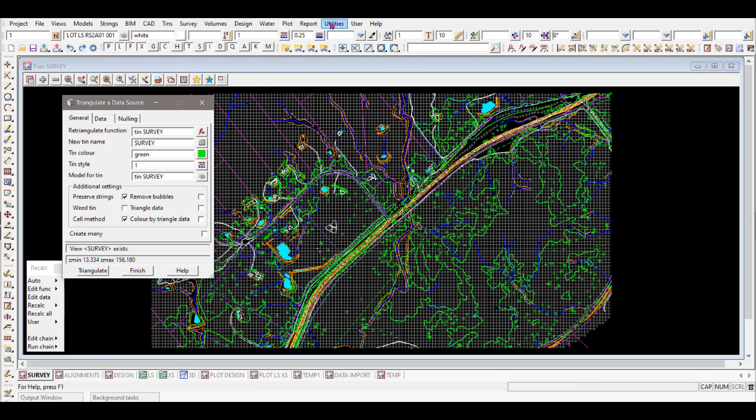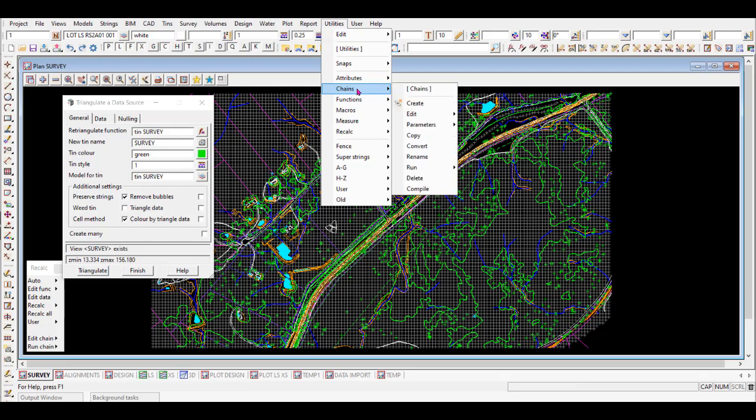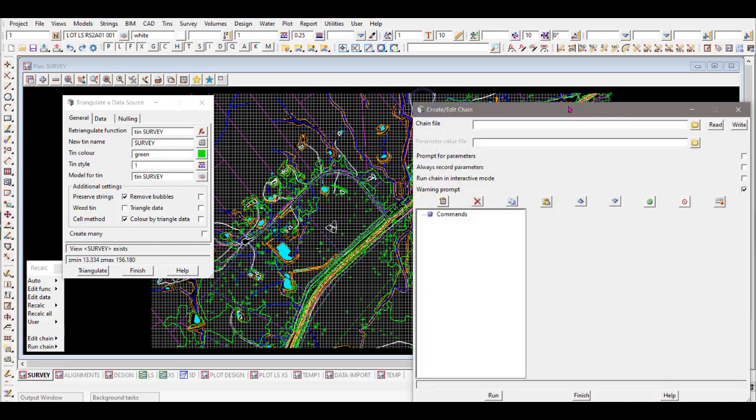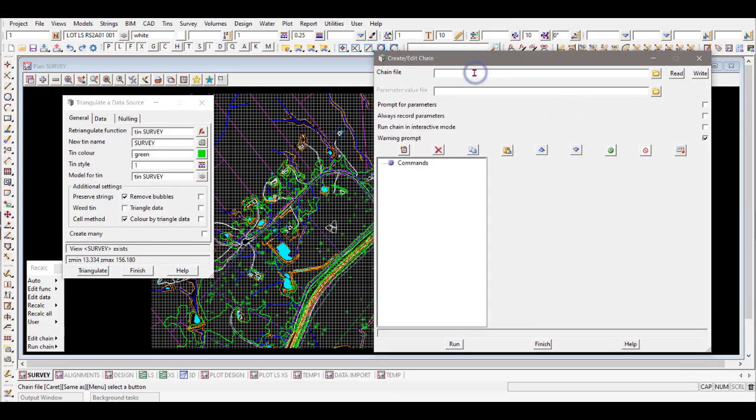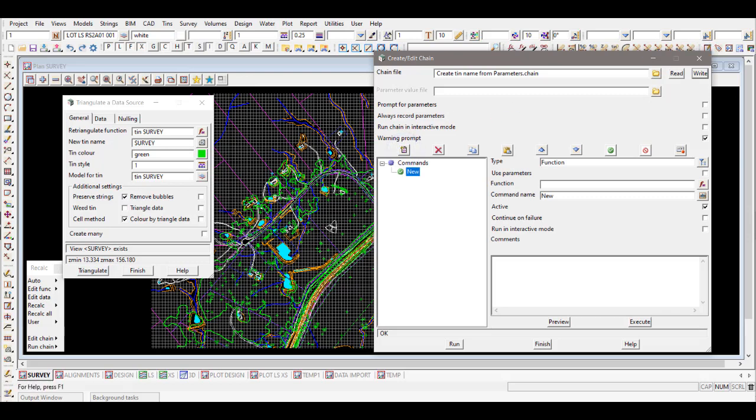So let's just go to utilities, chain, and we'll just create a chain to first up. And I'm just going to call this create tin name from parameters, and let's write that away. So we would normally come down here and insert some commands in here. So the first up, I just want to do a